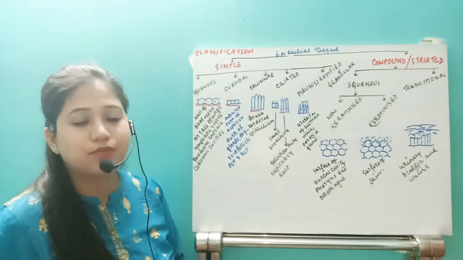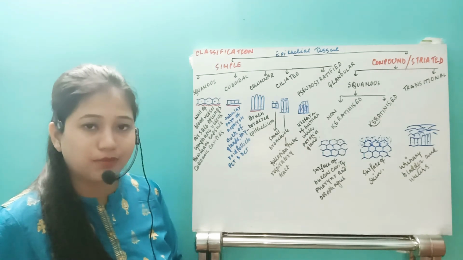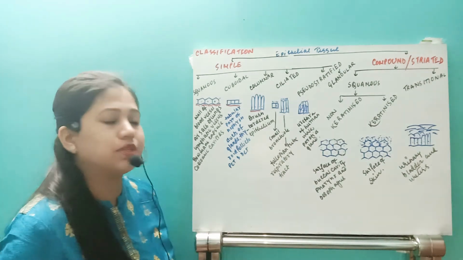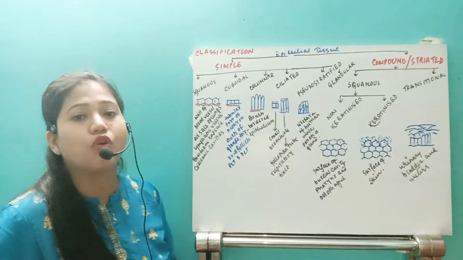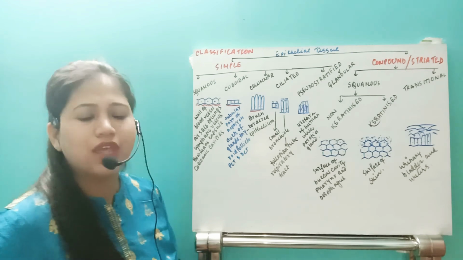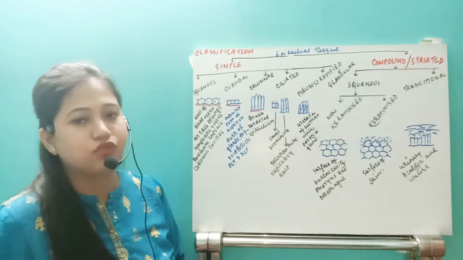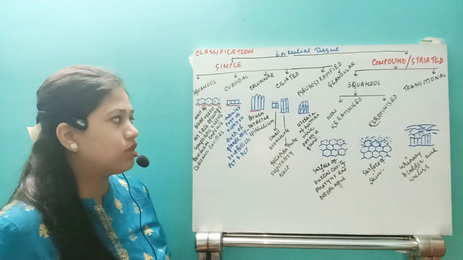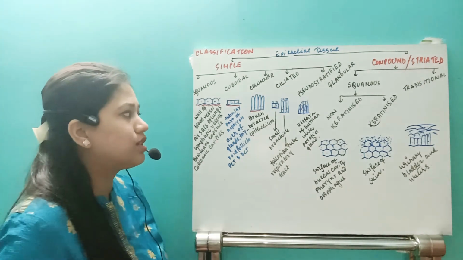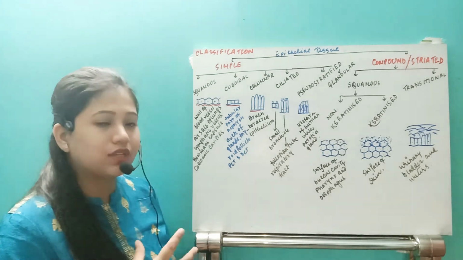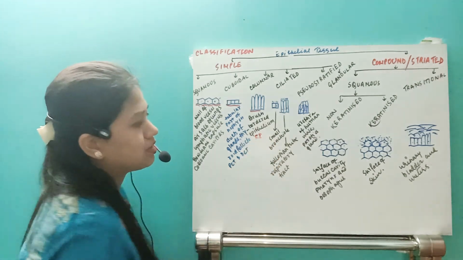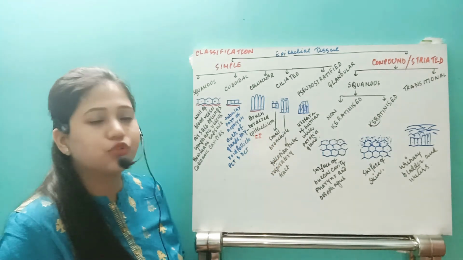The next type of simple epithelium is the columnar type of epithelial tissue, which is the brush bordered epithelium of the intestine. So in the intestine we are going to have the brush bordered epithelium. Even in some regions of the PCT we have the brush bordered epithelium, but it is not cuboidal there. So the columnar type of simple epithelium is basically found in the small intestine. Remember that.